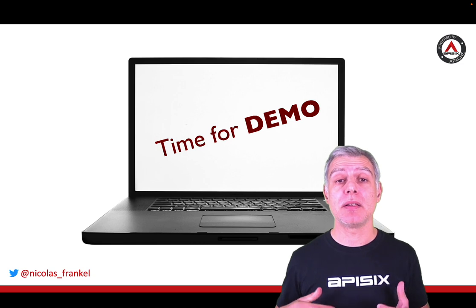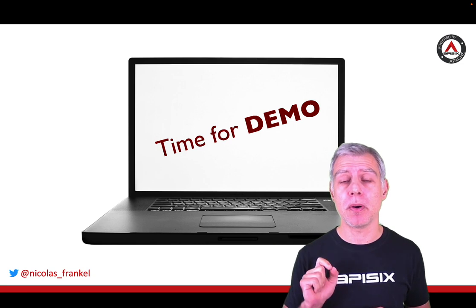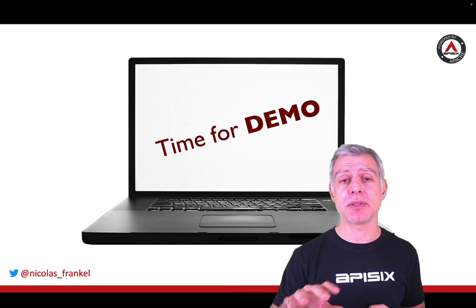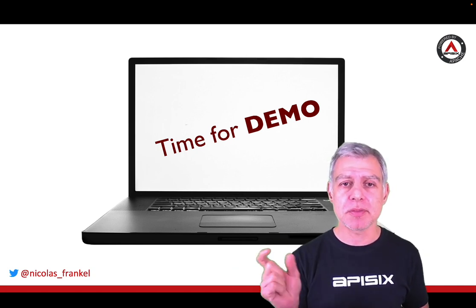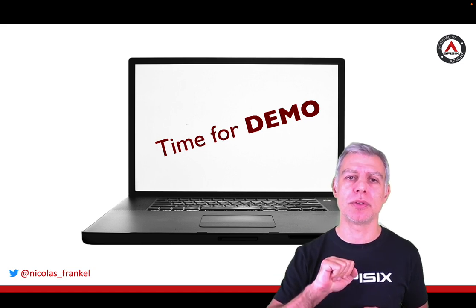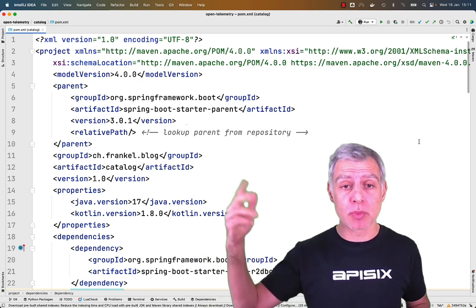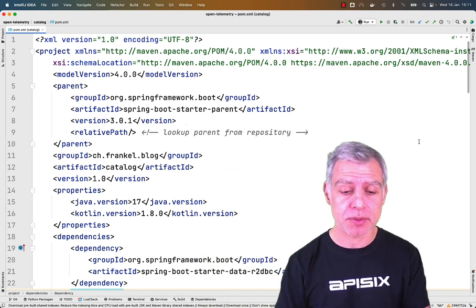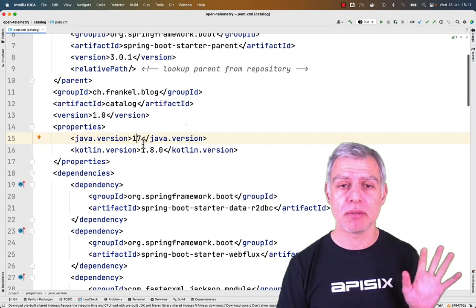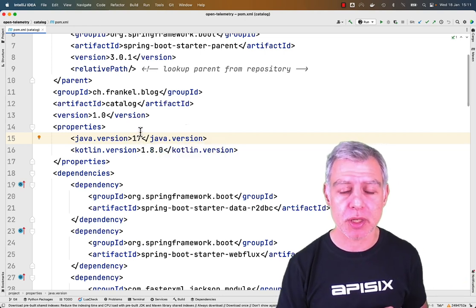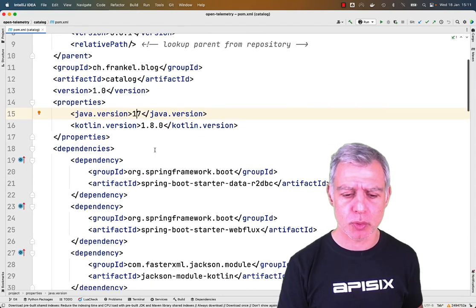Okay, now it's time to delve into the code. I will just focus on the Kotlin Spring Boot part. Everything is on GitHub, so in case you need to check, you can check the Python part, you can check the Rust part. Here I will focus on the Java stuff. I've created my application on Spring Boot Starter, start.spring.io. So here I'm using the latest version of Spring Boot. I'm using the latest LTS version of Java, which is required by the latest version of Spring Boot. I'm also using the latest version of Kotlin.